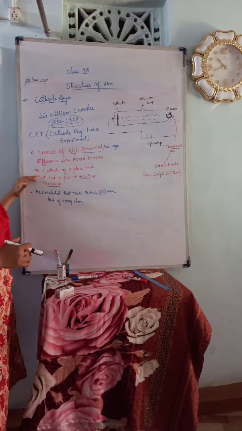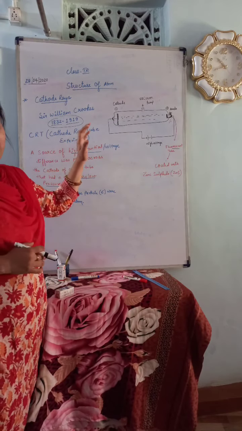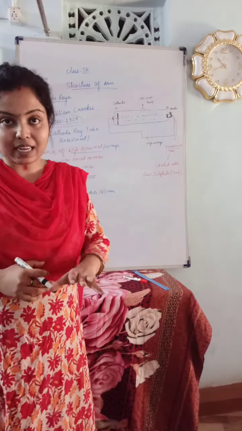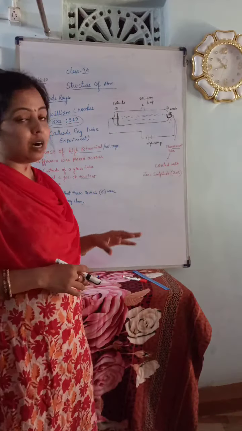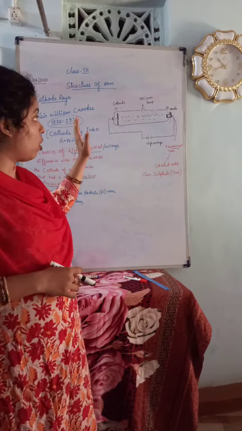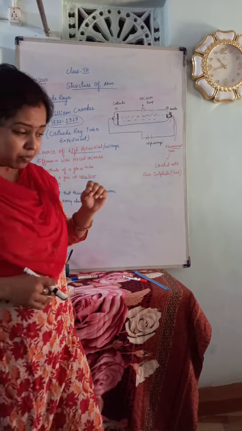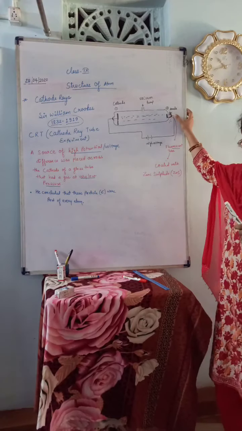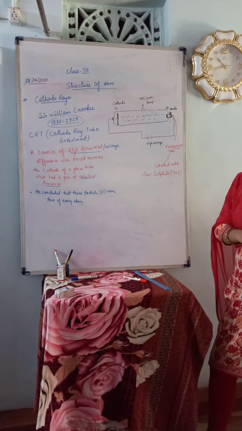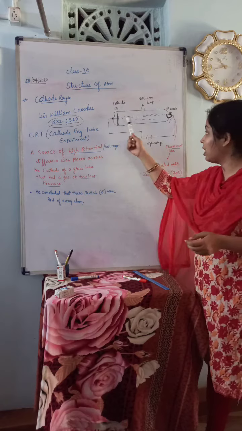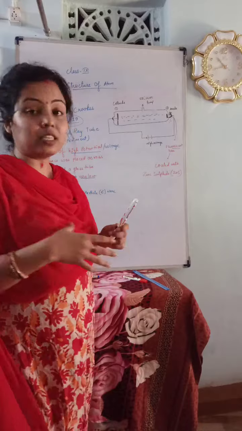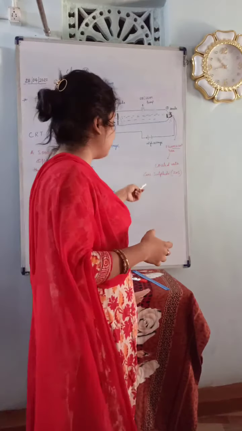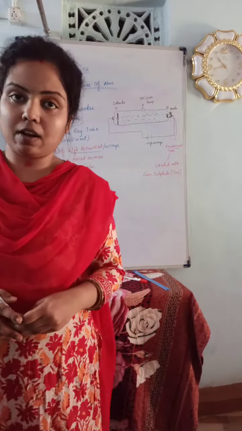Sir William Crookes did the experiment in a discharge tube made of glass. Here he provided very high voltage and kept very low pressure. While doing this experiment, he found that a stream of particles was coming from the cathode to the anode, and he created a hole behind the anode and coated that surface with a fluorescent material. As soon as these particles struck that surface, he found that the place glows, due to the presence of this fluorescent substance, zinc sulfide.